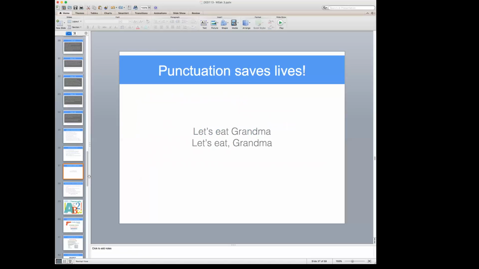All right, so with layout and design, when you're working with bodies of text, punctuation is key, and it can save lives, because in this case, let's eat grandma is a phrase, but without that comma, it sounds kind of morbid. So if we added that comma after the word eat, now it's let's eat, grandma, and that reads a little bit differently, doesn't it?